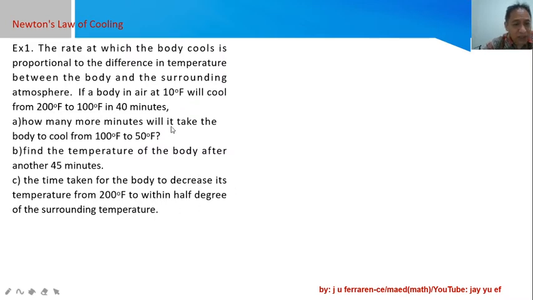So if we start at 10 degrees Fahrenheit, and the body cools down approaching the surrounding temperature, it will drop. If there's a difference of 0.5 degrees Fahrenheit, the temperature of the body can be 10.5 degrees Fahrenheit, so that the difference between the temperature of the body and the surroundings will be equal to